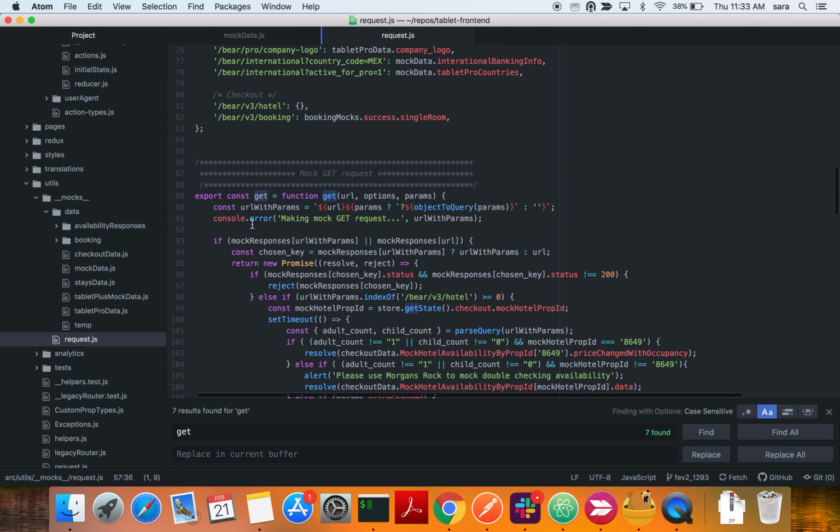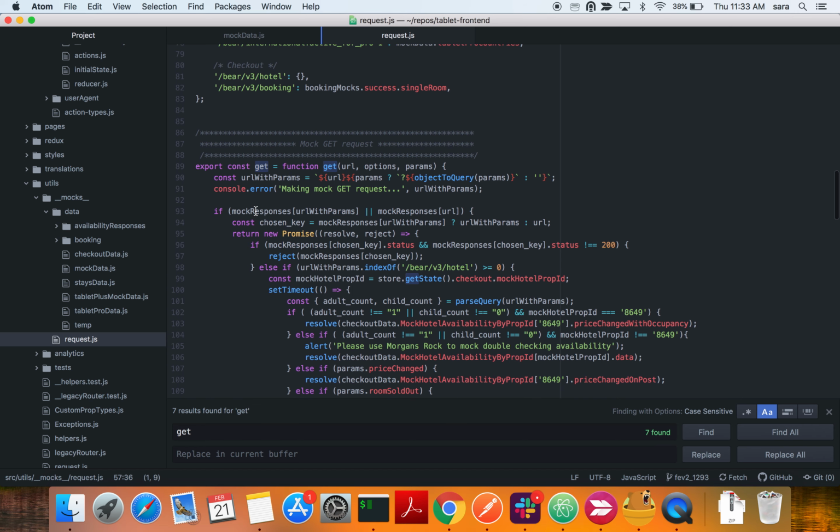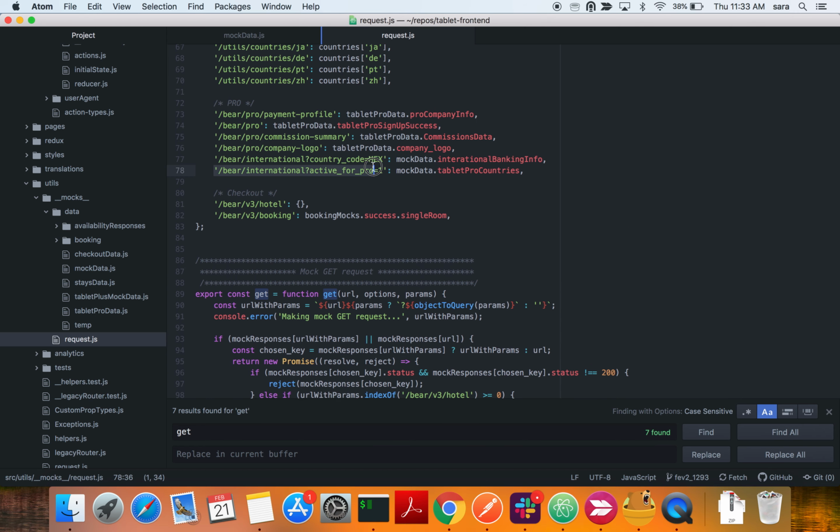You can take a look in here, but basically that's all it's doing: it matches whatever endpoint you have, and then it returns the mock data instead of trying to make a real